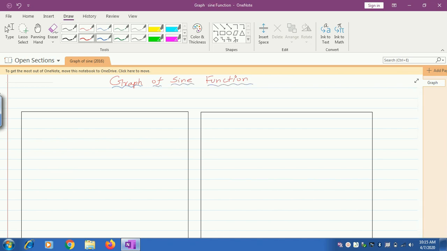Here the general form is y is equal to a sine bx. So I can write it, the amplitude is equal to absolute A. So this is absolute A. So I can write it, amplitude is equal to absolute A, and here the